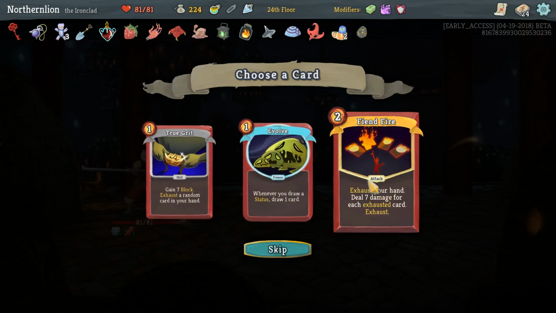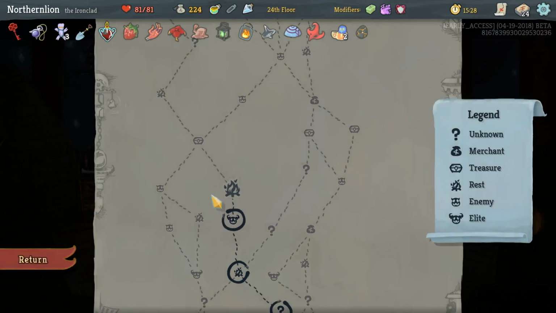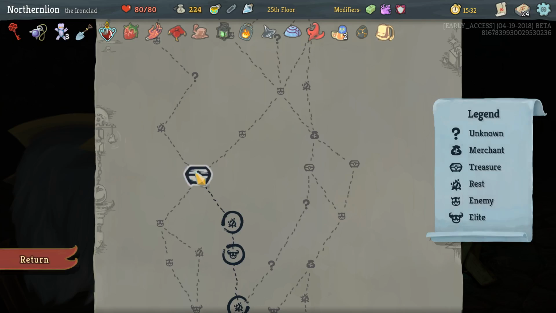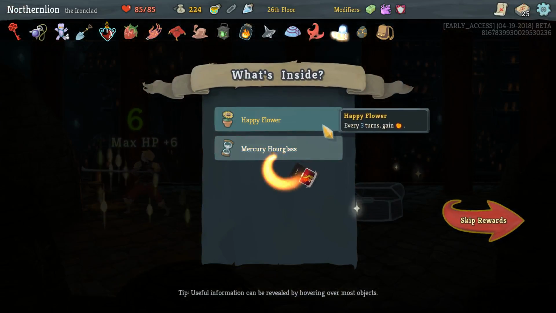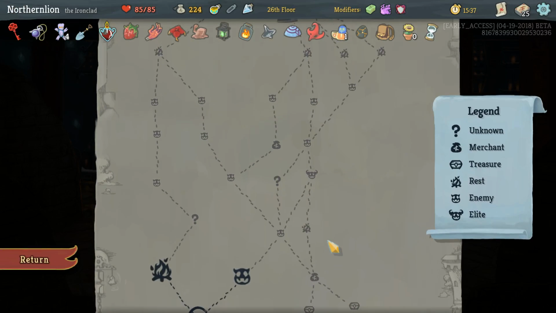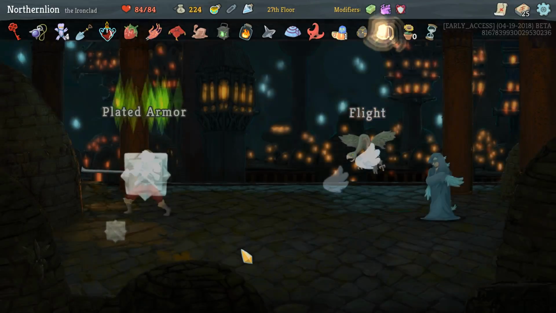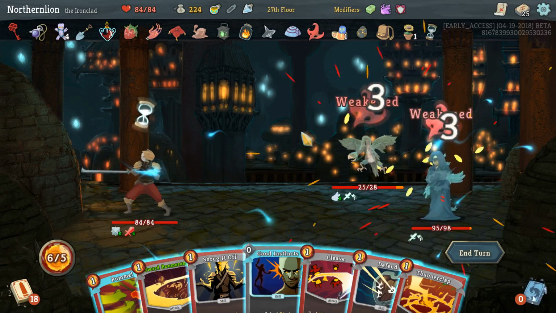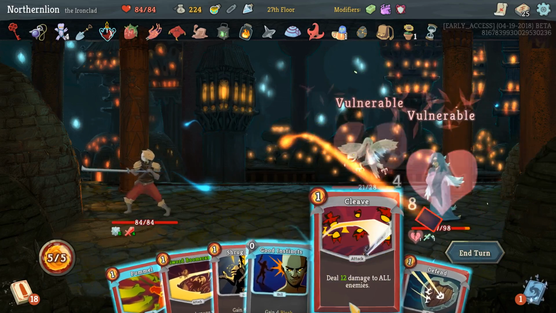I don't think we want any of these. I don't want to exhaust anything. We'll dig. Bag of Preparation continues to be very good. Might be Flower, Mercury, Hourglass. One thing I didn't talk about is that we probably want to take as many cards as possible if they're at least half decent. Because we then...